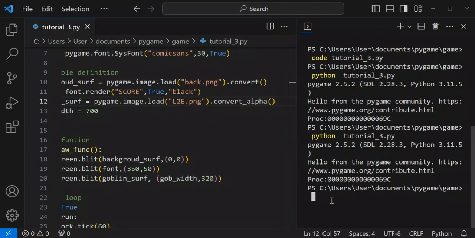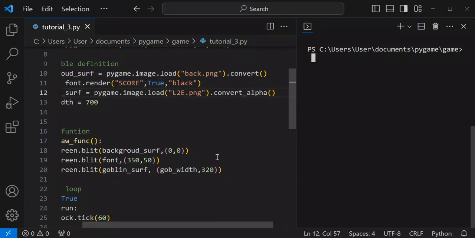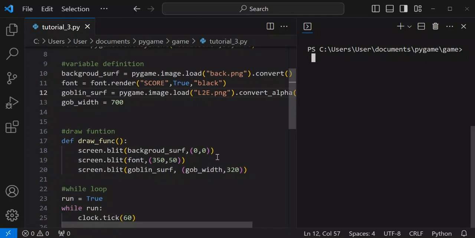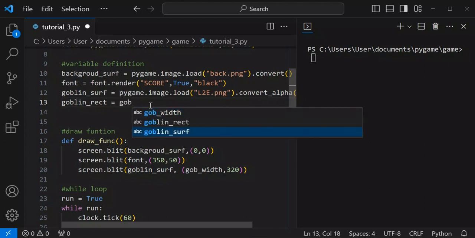So the next thing I want to do in this game is, like I said earlier, I want to put the goblin into a rectangle. So I'm going to remove this. I won't be needing this since I'm going to add a rectangle for it. I'm going to say goblin rect, which is equal to goblin surface dot get rect,